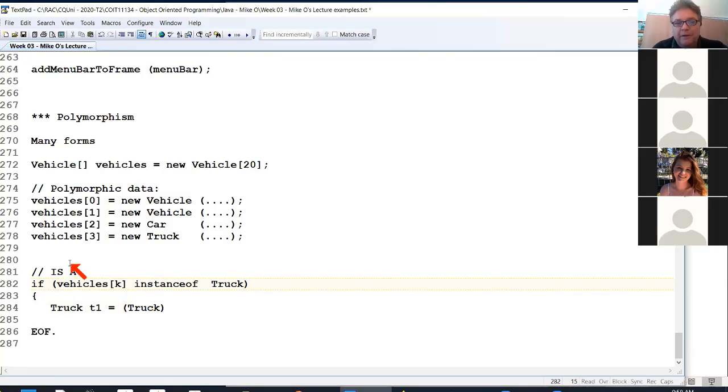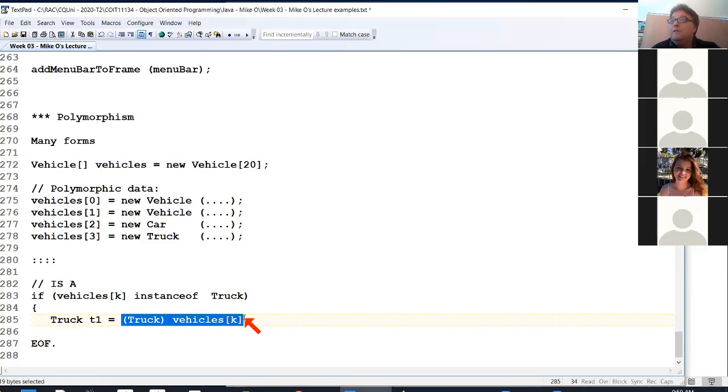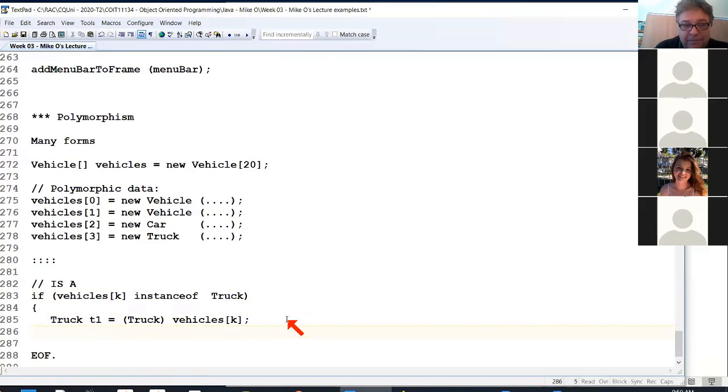So we're in a loop here. We found out it's a truck, so we can say, give us a truck, t1, and we're going to use that reference out of the array, which is a truck. So again, we're just reassuring Java we know what we're doing. And once we've done that, we can say